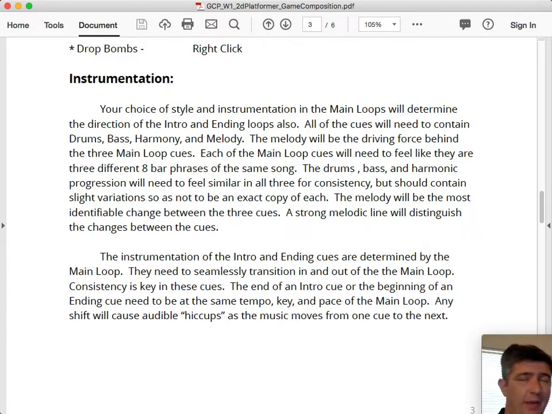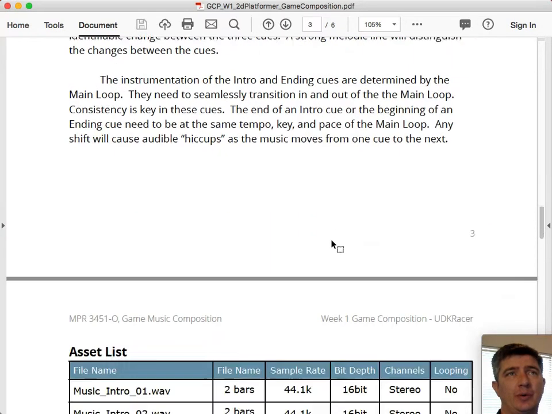So that's probably made up of a couple of different instrument layers, outlining the overall progression, and then a strong melodic lead. That's going to provide the most variation, the most difference in your composition overall. So a melodic voice that develops over the course of the different cues is definitely important.